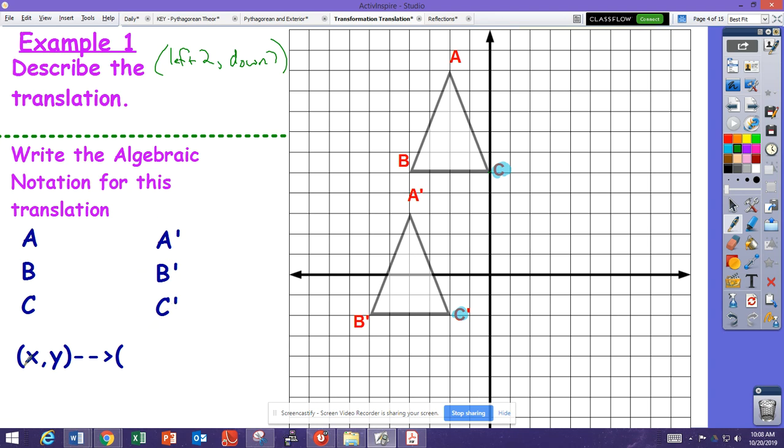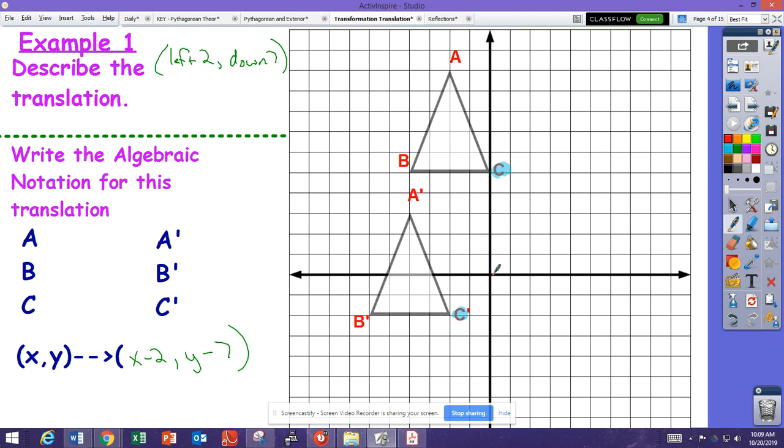Right? And so I could write my notation now just from that. Left 2, so xy is my notation, and I do my x first, so it's left 2, so x minus 2, and then I went down 7, so going down is also going to be subtraction, so y minus 7. I'm going to go ahead and plot these points. I think it's good practice that we can plot points, and then I can also show you with the points exactly what's happening here. So I'm going to go ahead and get all these points down.